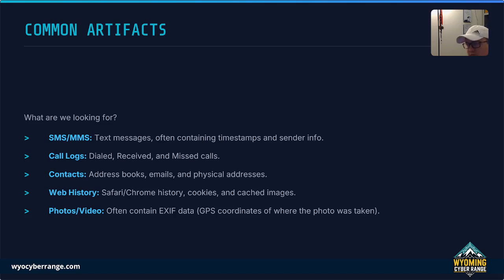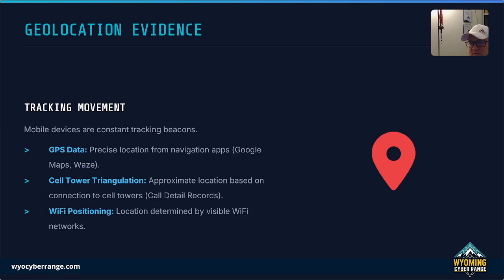Big tip here for the exam itself. That geolocation evidence is going to be a track and beacon. It's going to provide that geolocation evidence for a court case. We can track movement through three main methods. The first one is going to be the GPS data itself. It's going to provide highly precise locations pulled directly from navigation apps like Maps or Waze or whatever app they